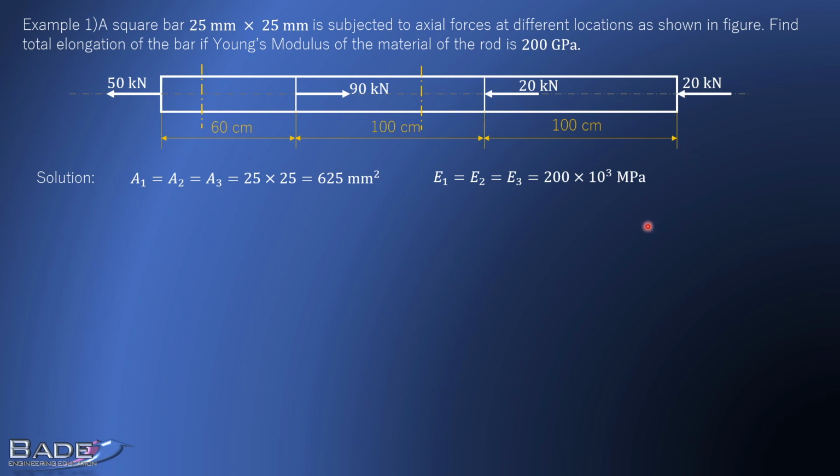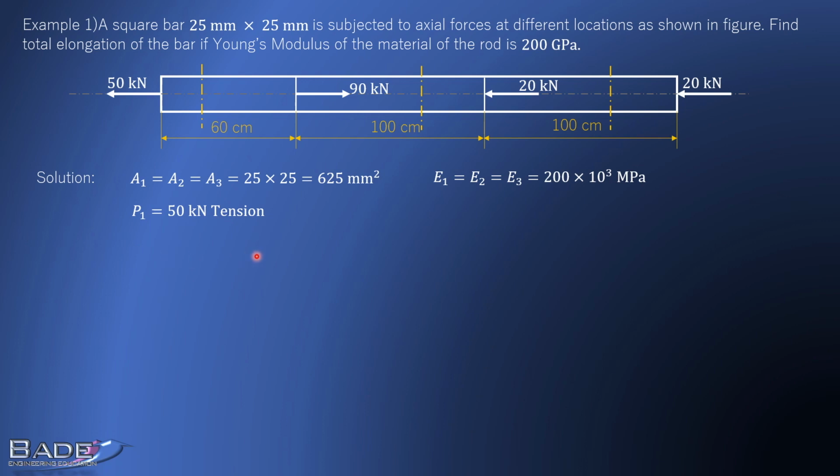So again the same answer. Middle portion is in 40 kilonewton compression. Now force on the third part. Let's consider the right side, any one of the 2 sides. The right side is preferable because there is only one force. So it is 20 kilonewton compression on this bar.